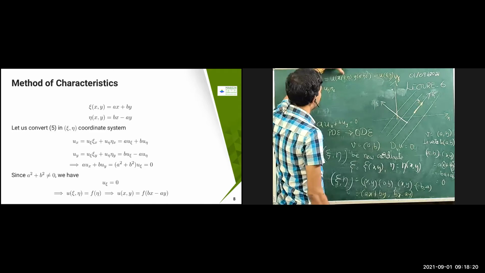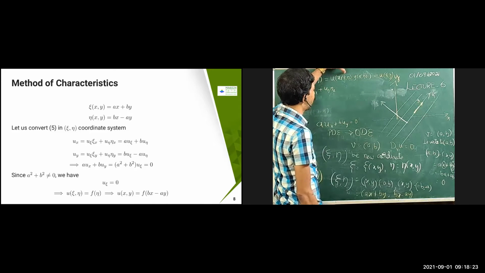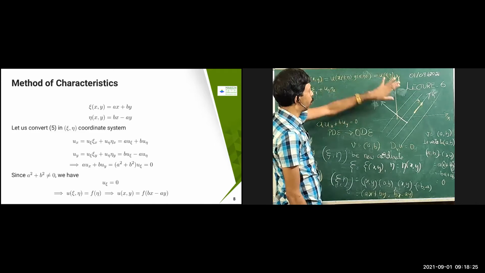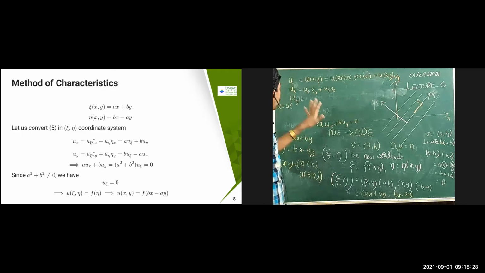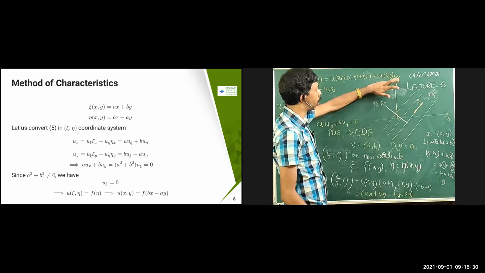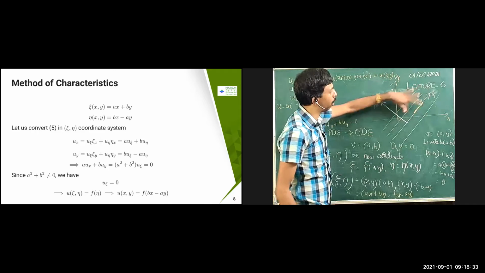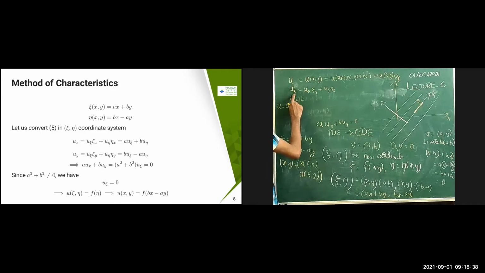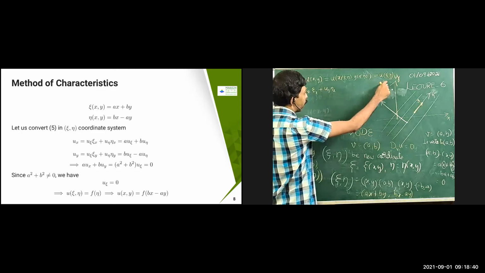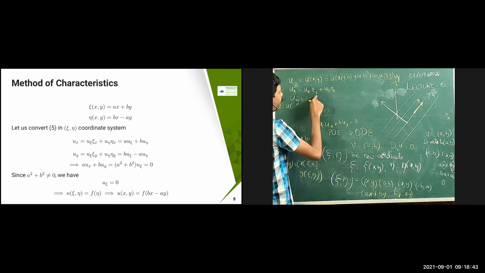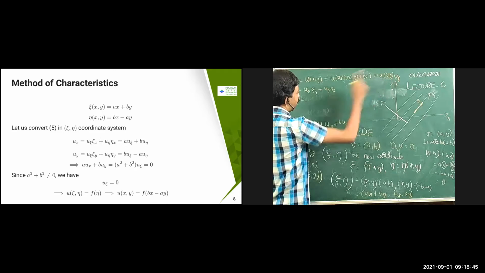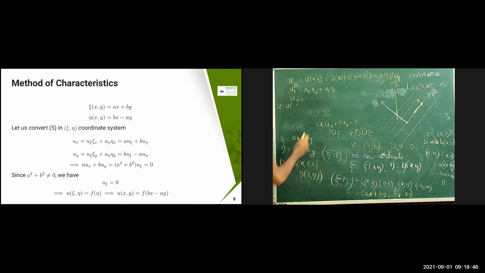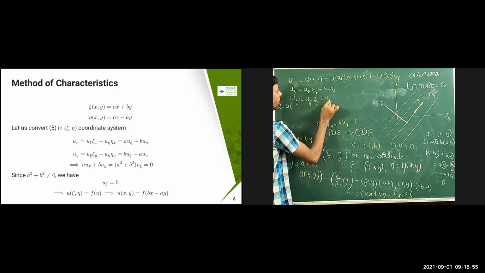Because x is a function of chi comma eta, y is a function of chi comma eta, therefore this is going to be u of chi comma eta. Now in order to find ux, because you are right now sitting in the chi comma eta plane, I have to take the derivative with respect to x. So ux equals u chi, which is a function of x, therefore by the chain rule u chi chi x, and u eta is a function of x again, so u eta eta x. Same way here, this is going to become u chi chi y, and u eta eta y is going to come.